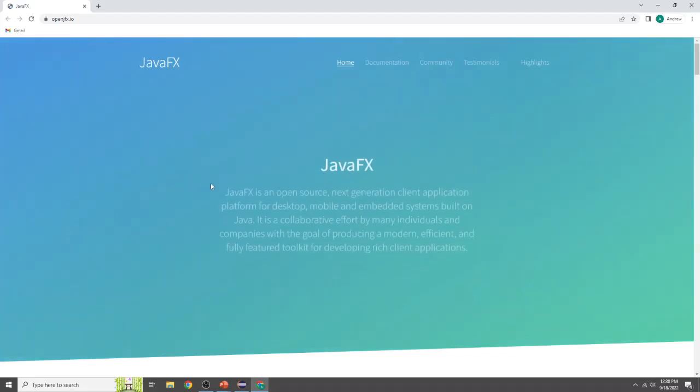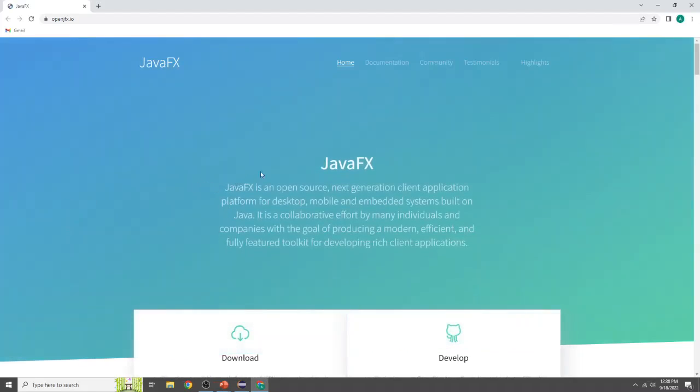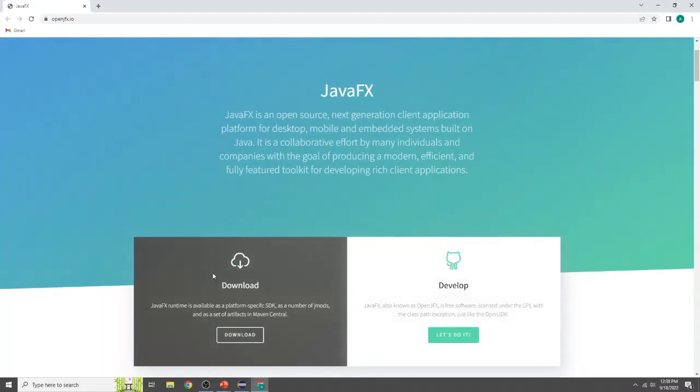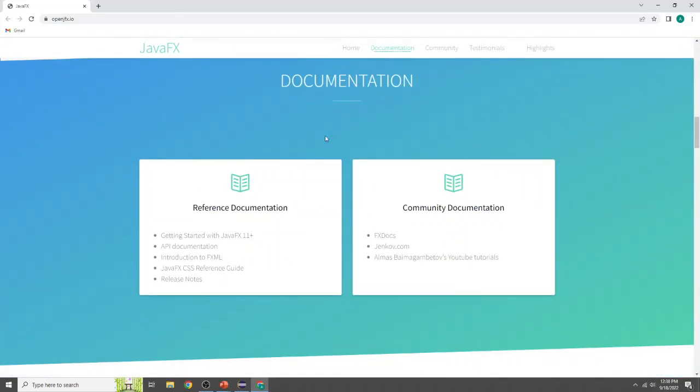So as you can see, it's a very nice website, and it has many different parts. You have the download part, which we'll get to in a second, but it also has documentation. It has its own internal documentation here, which has many wordy, very specific and technical explanations for all the different things you can do in JavaFX. It's a great resource for knowing what you can do, but it is hard to use and not really good